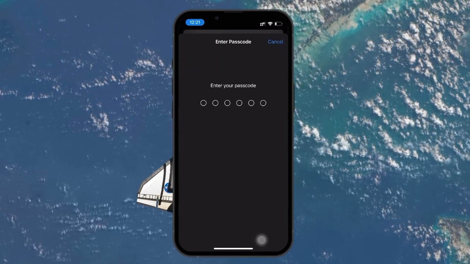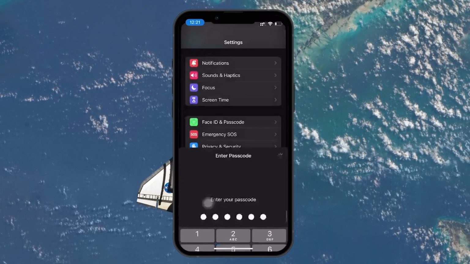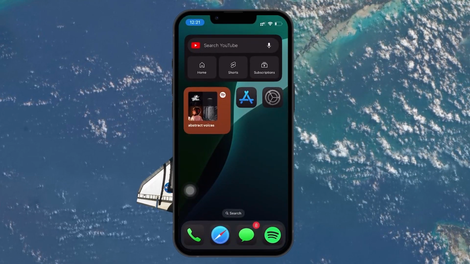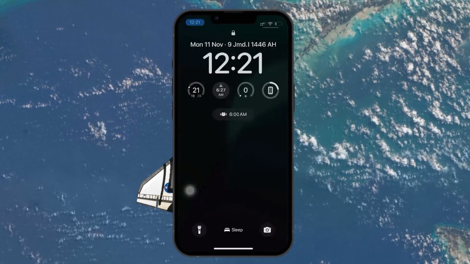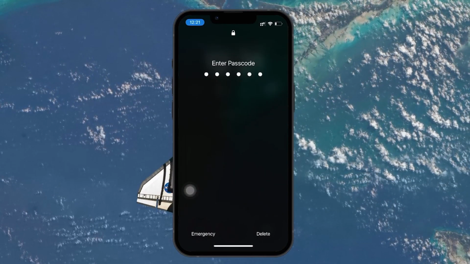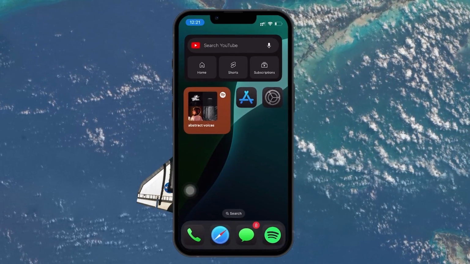To disable Face ID for unlocking your iPhone, simply toggle the iPhone Unlock switch off. When Face ID is disabled, you'll need to manually enter your passcode each time you want to unlock your device. This setting might be preferable if you want to prioritize security by ensuring that no facial recognition is involved in